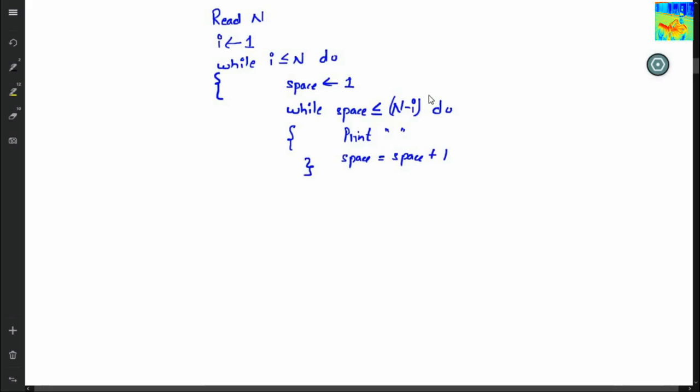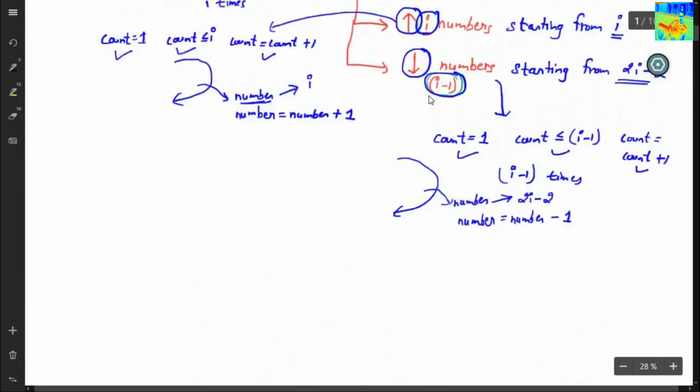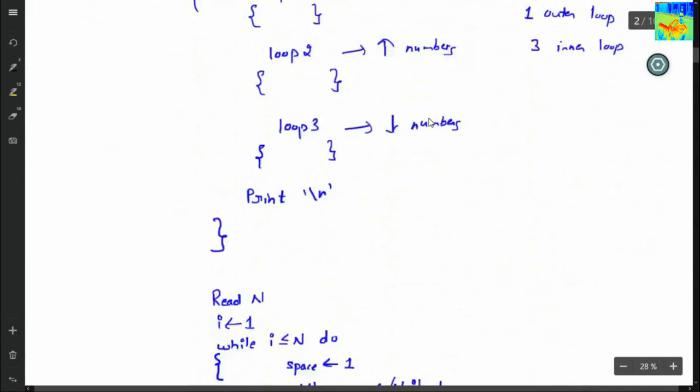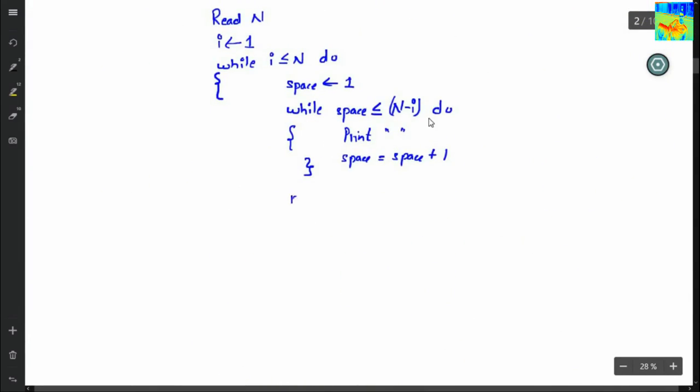Okay. Now I have printed spaces. So what is the next step? I will print i increasing numbers. You can see here, I have to print i increasing numbers starting from i. Number initially equals i and count is 1. So how many increasing numbers do I have to print? I have to print i increasing numbers. So while count is less than or equals to i, do.